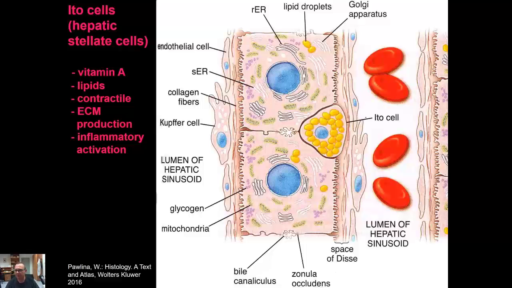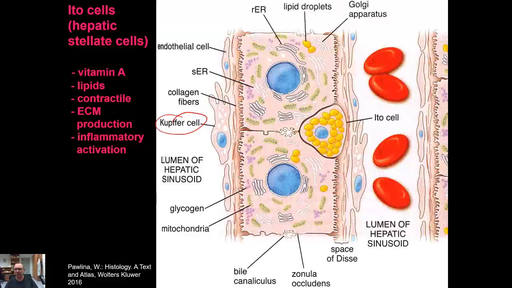The first of them is Kupffer cell. Kupffer cell is here. Kupffer cell is in fact macrophage. You already know several macrophages and several special locations of macrophages. So one of them is a space of Disse in the liver, and that's why these macrophages have special name. Kupffer cells can be sometimes in the space of Disse, but sometimes they can be, let's say, intercalated in between the endothelial cells of the